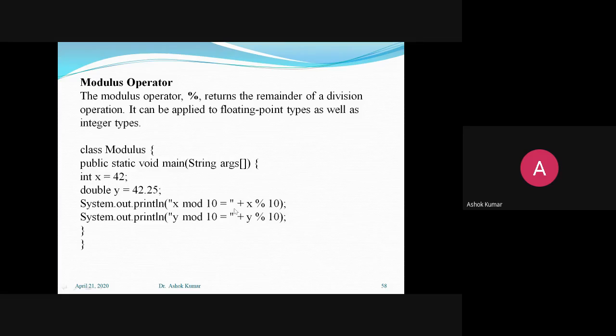In the first statement, we have written x modulus 10. So x is 42, modulus 10, this will give you remainder 2. So you will get the result 2 over here, x mod 10 is 2. And the next expression is y mod 10. So y is 42.25. If you perform the modulus over here, you will get 2.25 as the result. I have one more problem on this program. So I'm going to show you that on the